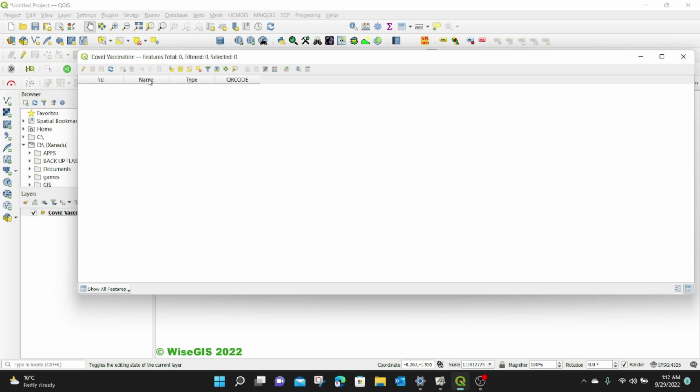So I have the FID, the name, the type, and the QR code. And remember, for the QR code, just save it as a text field. The only thing that we've actually changed is this type is a value map, the name is a text field. The FID is actually going to be auto-generated. So let's go into